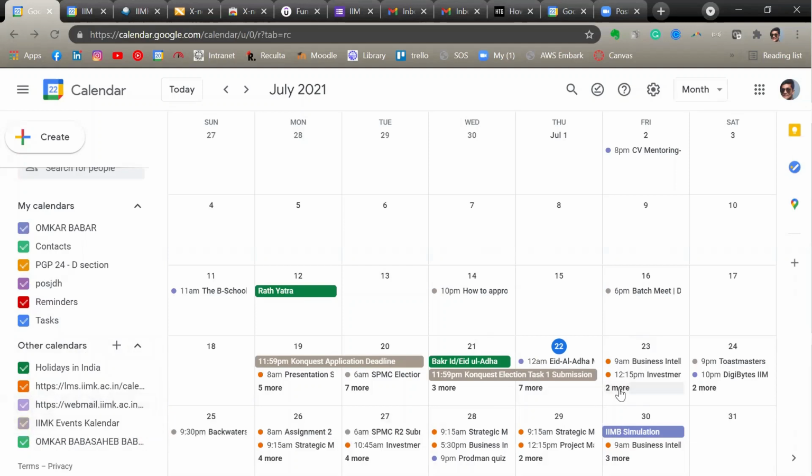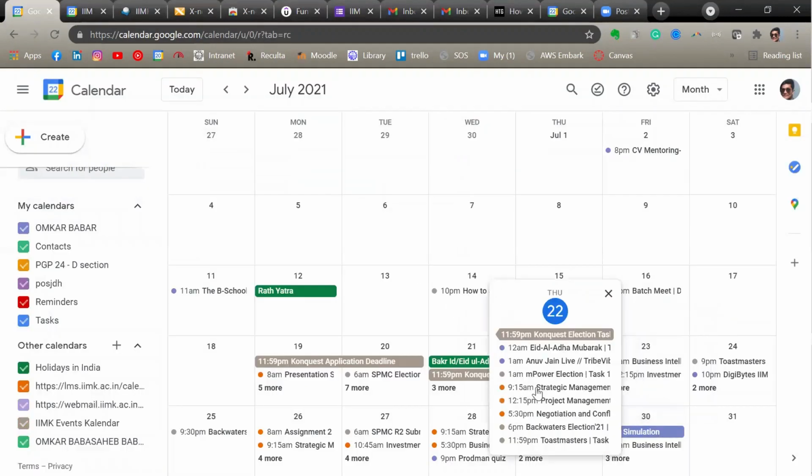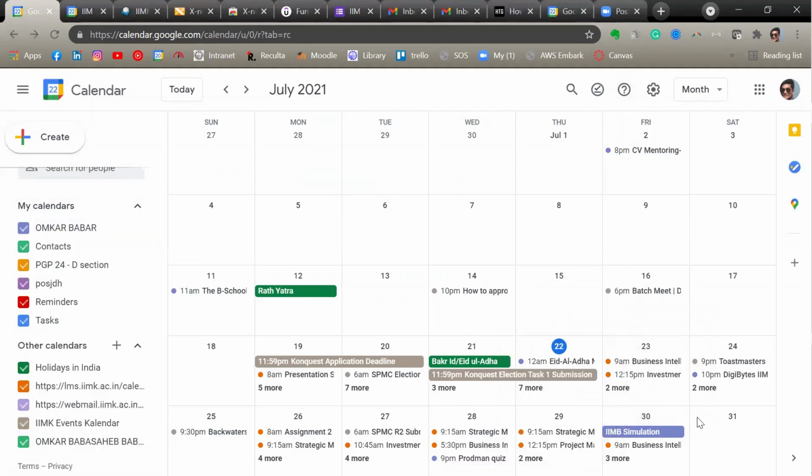That's why many times you will not be able to see that particular event. For example, we had added one event on the 22nd afternoon, but we are not yet able to see that event in our calendar. So that's the problem with this integration.